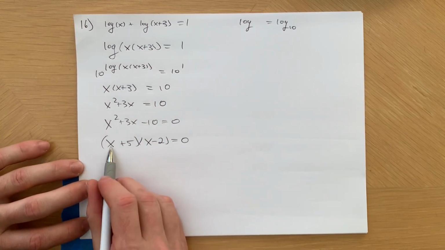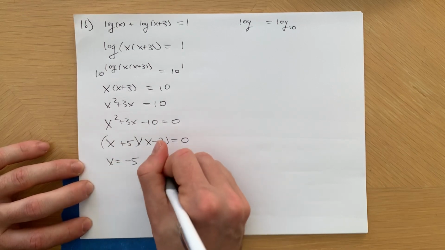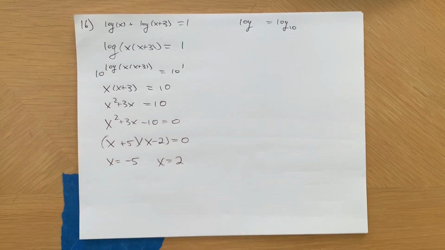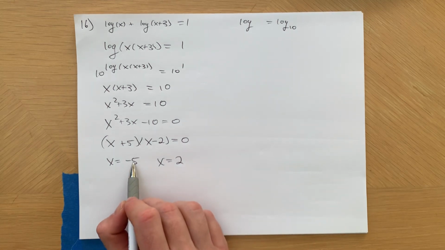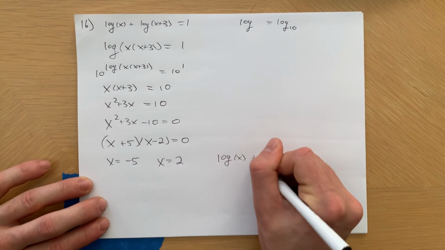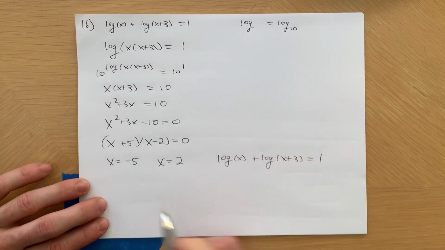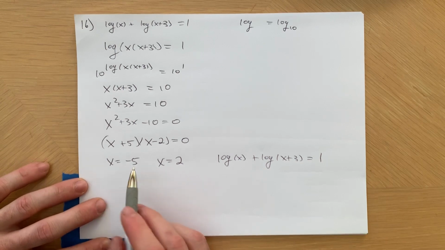And then we solve both of these. This one gives us x is going to be minus 5. This one gives us x is equal to 2. But we need to check these answers. We have to remember that when we plug these answers back into the original problem, which is log of x plus 3 equal to 1, we can't get a negative on the inside of a log